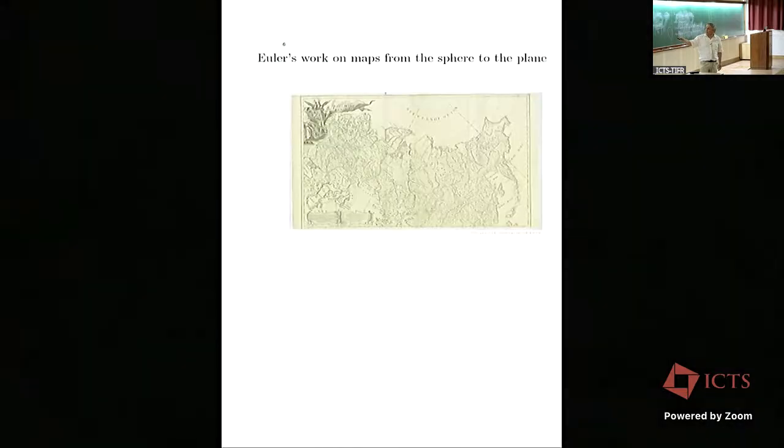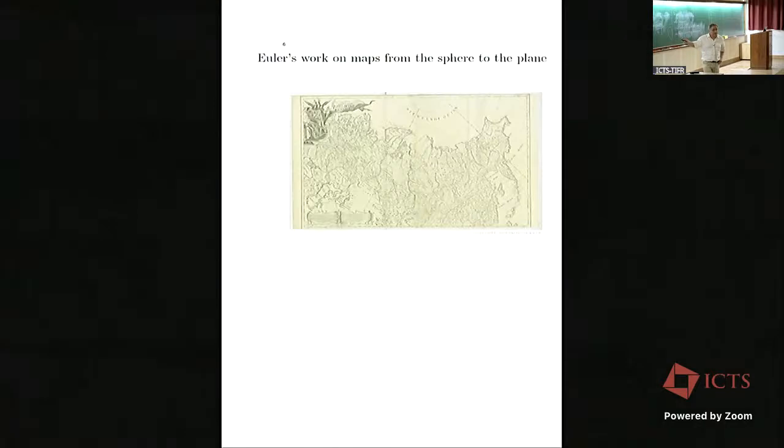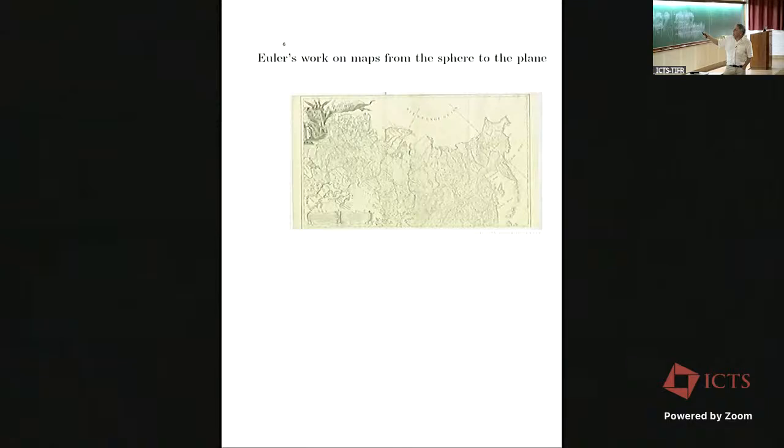I would have liked to talk about Euler's work on map drawing. This is a map drawn by Euler, in fact. This is a map of the Russian Empire. You see these foliations here; these are the images of the meridians, and then the image of the parallels are these circles. This is a famous projection, which is called